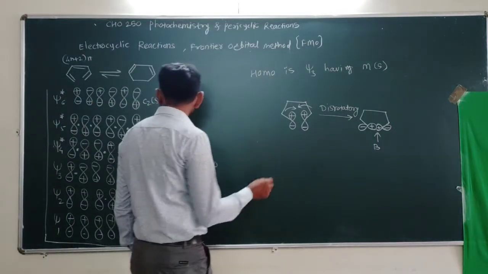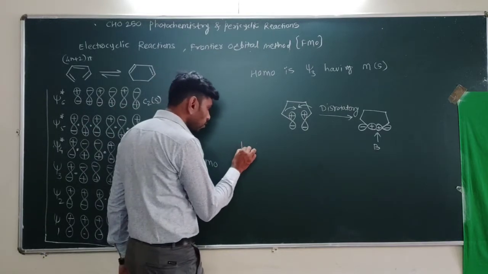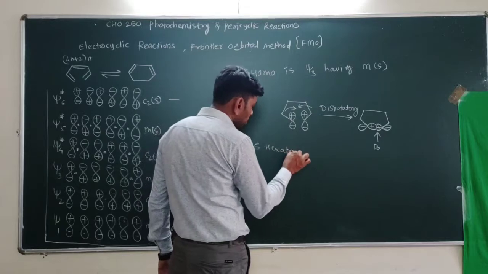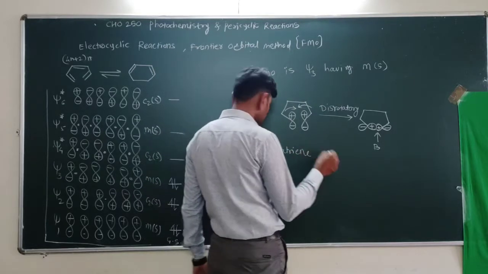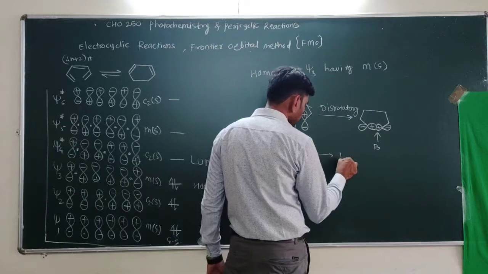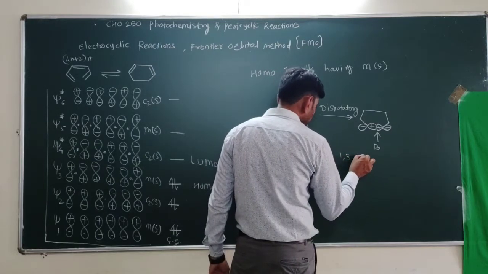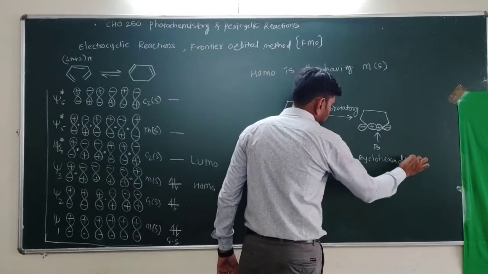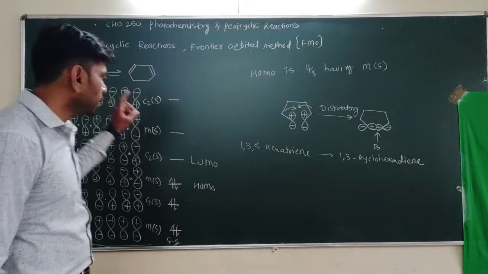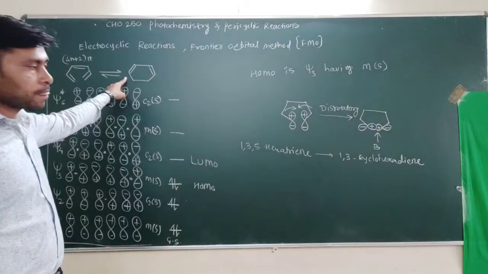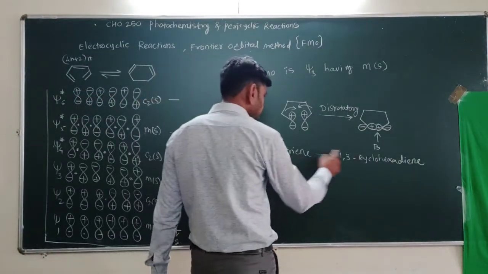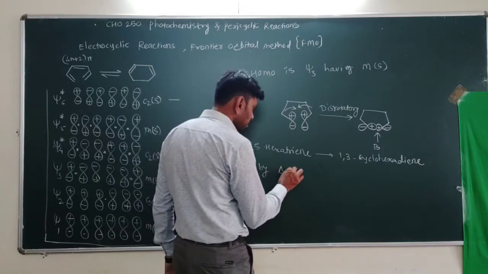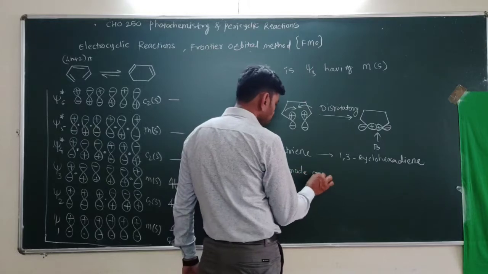So this conversion of 1,3,5-hexatriene to 1,3-cyclohexadiene, the conversion of 1,3,5-hexatriene to 1,3-cyclohexadiene by thermal mode of activation,